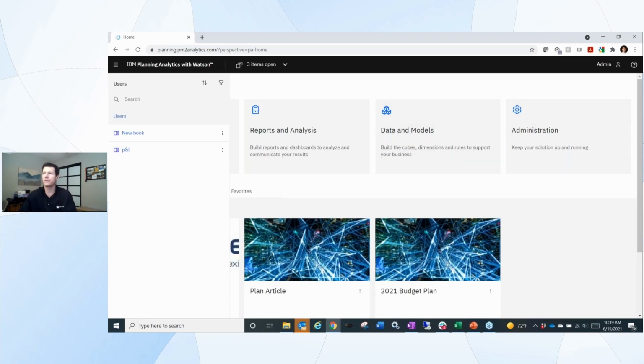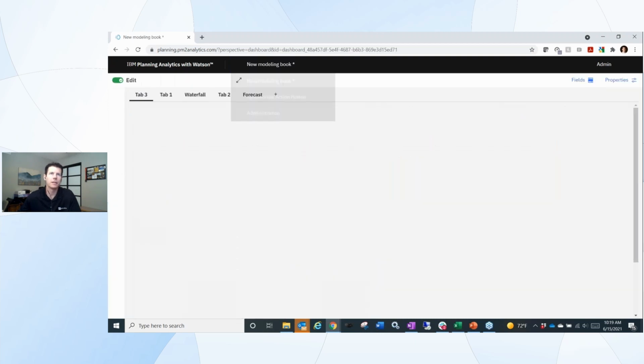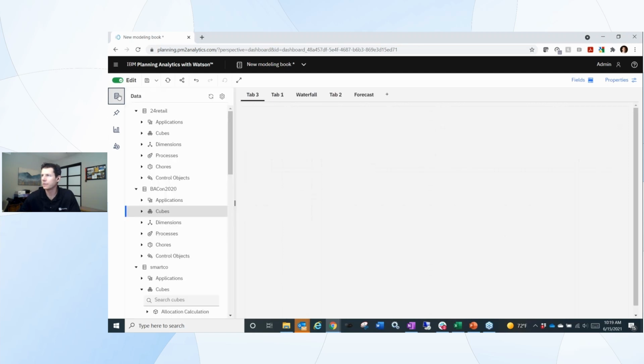All right, going through the user interface some more. We have the navigation tree. If we get into a modeling book, we have the databases, same icons as before. If we turn off edit mode, that ribbon collapses. So it gives us that tiny little extra screen space, whether we're in edit mode or not. Then the database tree, open that up, and we see